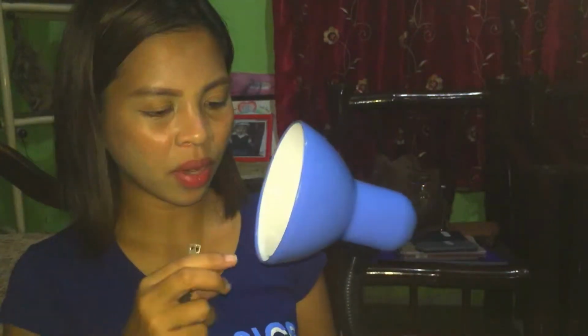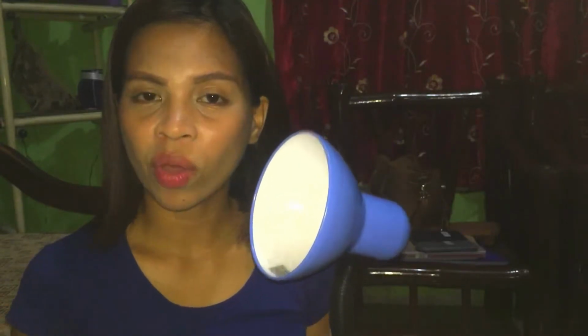Ito. Nakita ko to sa Save More. This is only cost, the price range is between 190 to 200 pesos. So, yun. Ito yung lamp. Up next is